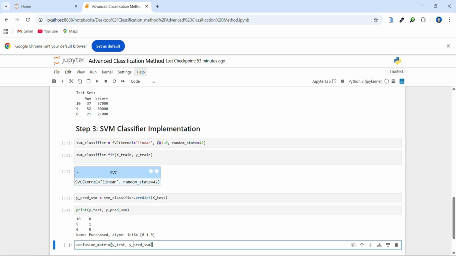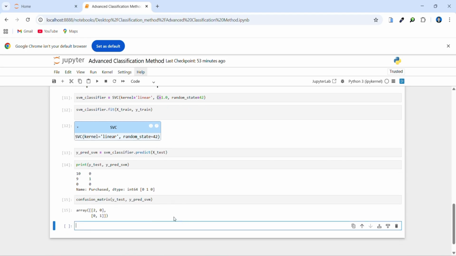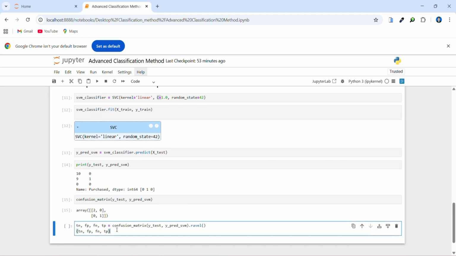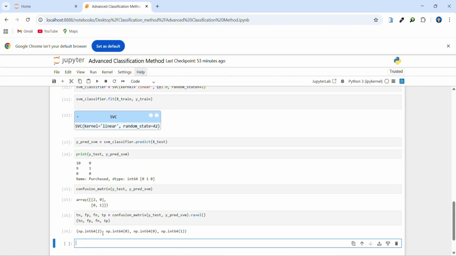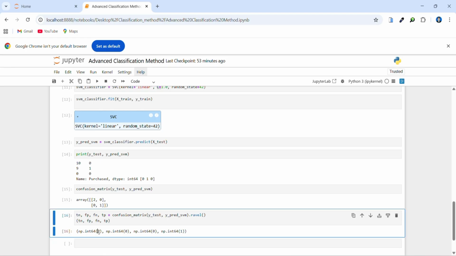And this time we create a confusion matrix. And then we extract TN, FP, FN, and TP.